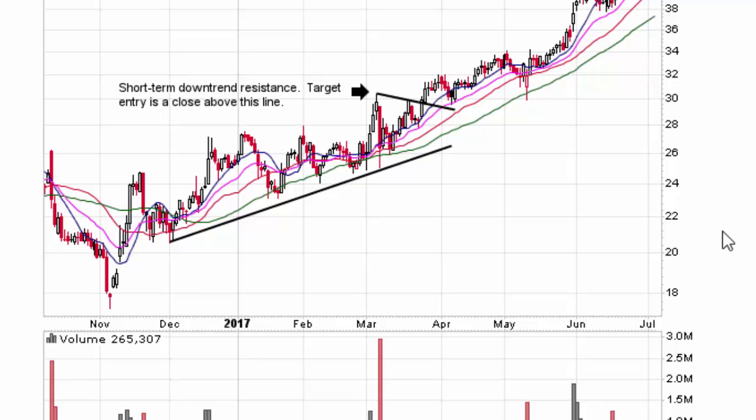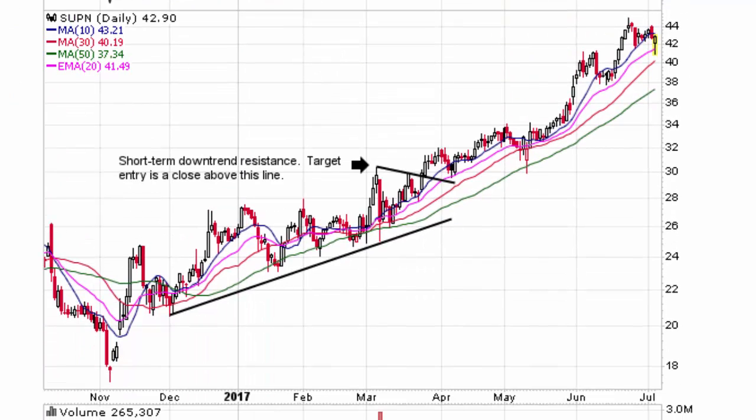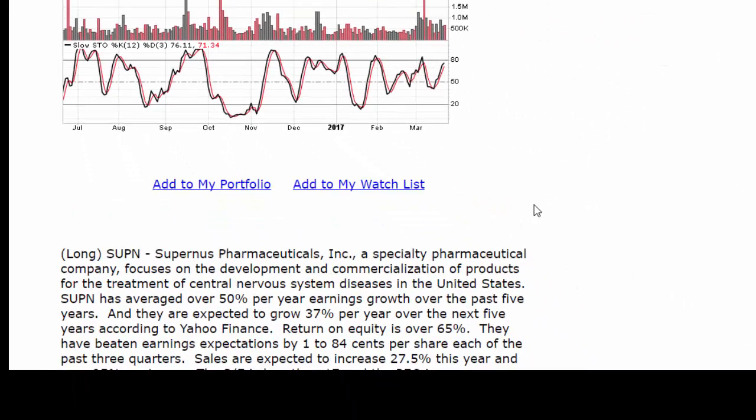Okay, this stock had a lot of fundamental factors to support a higher price. We feature stocks that have either top growth characteristics or companies beating estimates with rising future expectations. And this stock had all of that in large amounts. So I think the earnings growth was 40-50% per year. Let me just double check here and see what that was. Yeah, over 50% per year over the past 5 years,